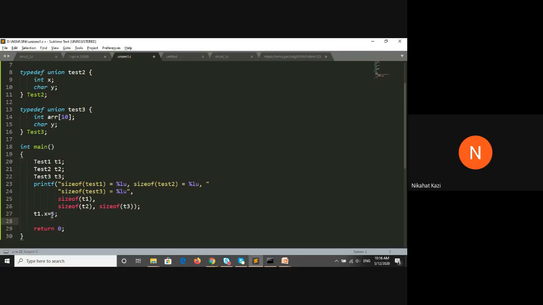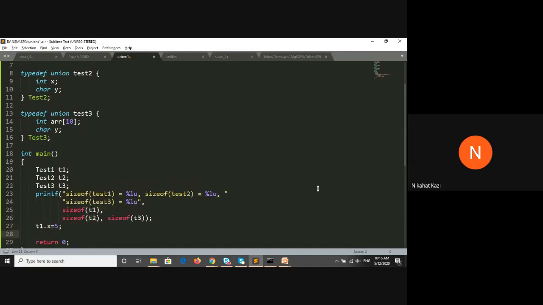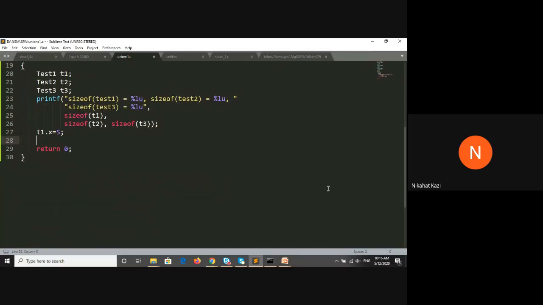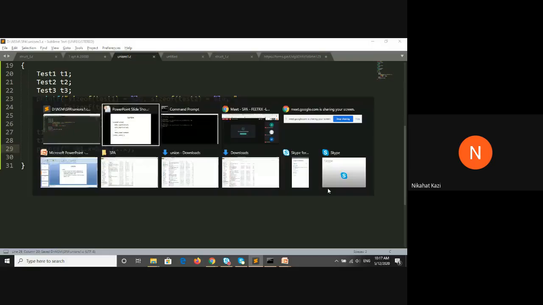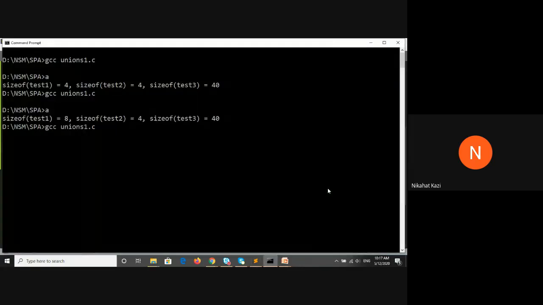So t1.x is equal to 5, t1.y equal to 10. Now let me try to print this out. I'll print "t1.x is equal to %d", since it's an integer, and run it.